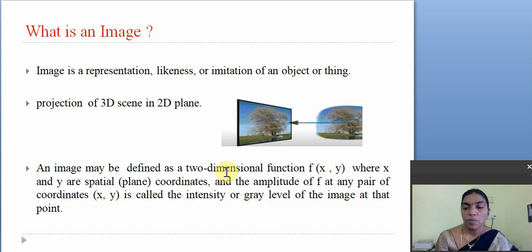So totally, the image is represented as f of x comma y, where x comma y are the spatial coordinates, and f is the amplitude at the particular location x comma y. That is also called intensity or gray level. In this way we should define the image.